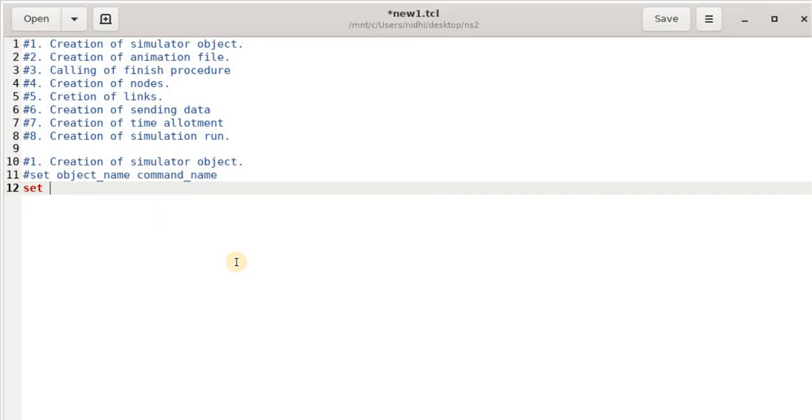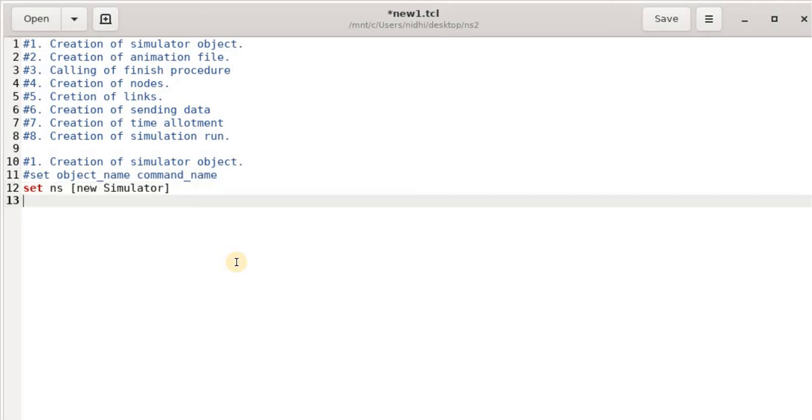What will be the object name? In my case, the object name is ns. For the command name, you have to put parentheses, and inside them you write your command. My command should be creation of the simulator object, so I write new Simulator, in which the S should be capital. So my object is created.